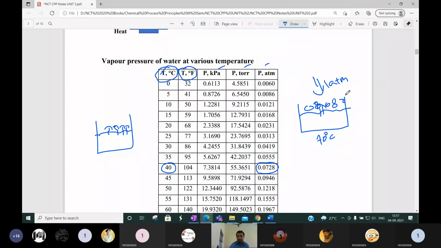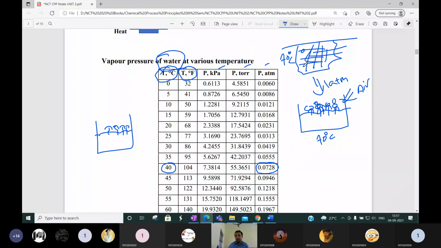That's why when you keep this water outside, the molecules at 40 degrees centigrade also create some vapor pressure. Vapor pressure means the molecules are escaping at 40 degrees centigrade also. When we flow dry air, we spread the cloth so that it comes in contact. So in that cloth, a certain vaporization of water is taking place, at a very small rate.